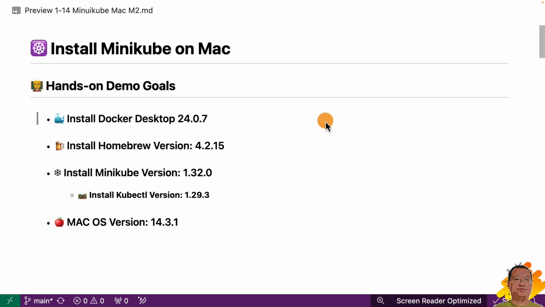In today's video, I'll demo installing Kubernetes version 1.32 on my Mac OS. The Mac OS version is 14.3.1. Based on the Minikube document, we have to install Docker Desktop and Homebrew first, and then install Minikube and Kubectl